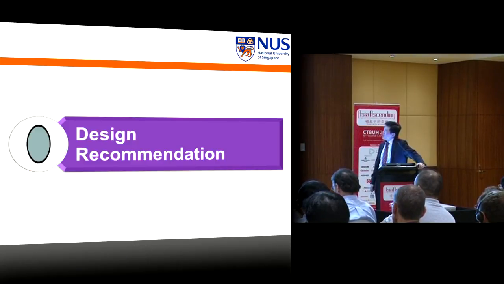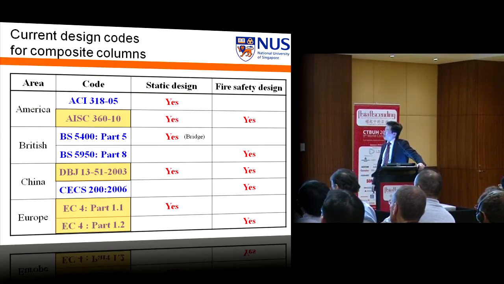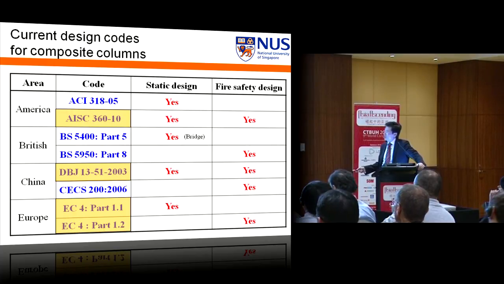All right, because of time, I'll skip some of them. They talk about design recommendations, and there are good recommended codes of practice for designing composite columns in America, here I see 360. In Europe, we have Eurocode 4. They can do the predictions, static design, and this is a fire-resistant design. In China, we also have the